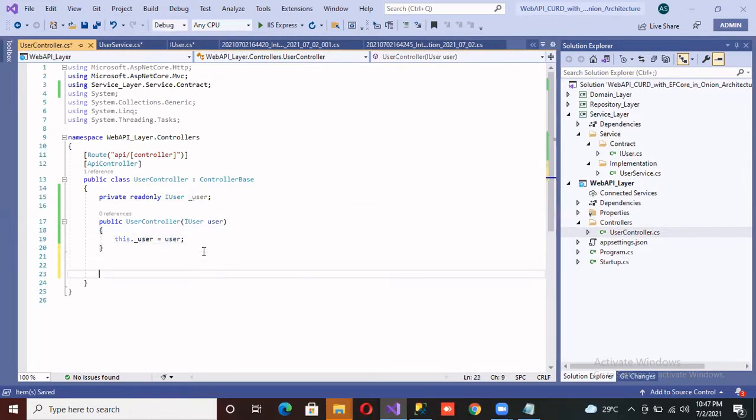Now I will create 5 controllers. First controller for get all users. And the second controller for get single record.